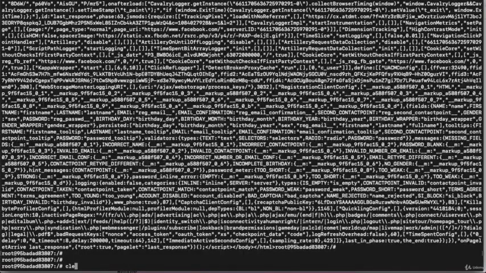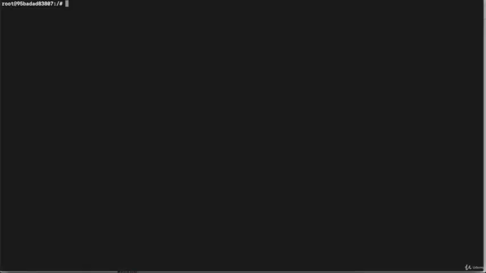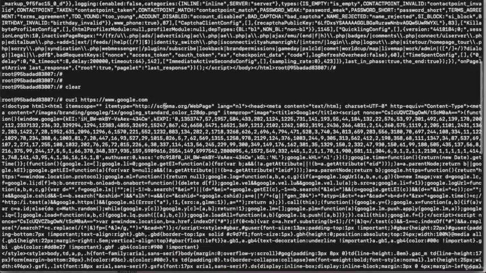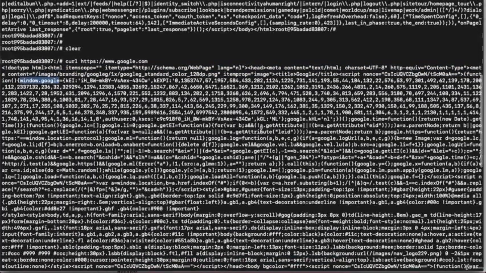If you replace Facebook with some other website like Google, then you will get the Google web page, right? See, you executed the same command for Google, and now you are getting the Google web page. This is the Google web page HTML structure.